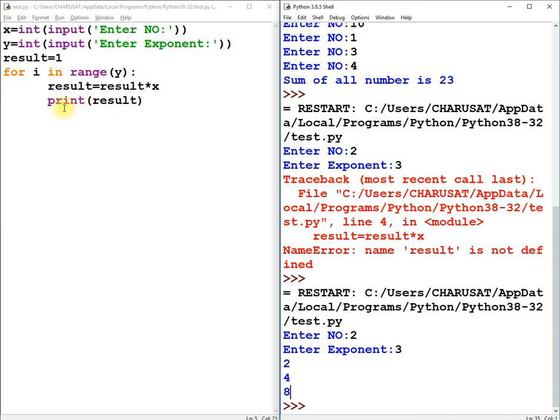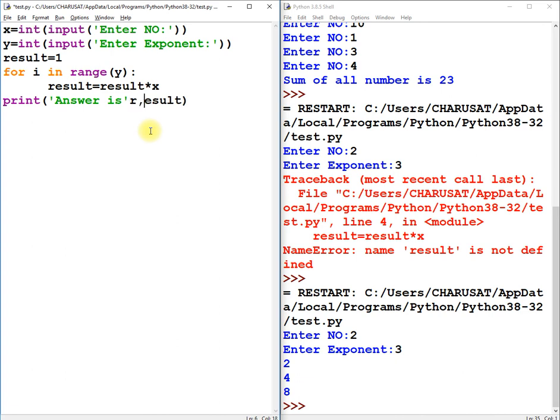Rather than printing all these answers, we would print the answer at the end. So we can print exponent, or you can print the result, or your answer is result.